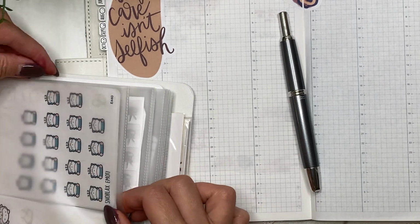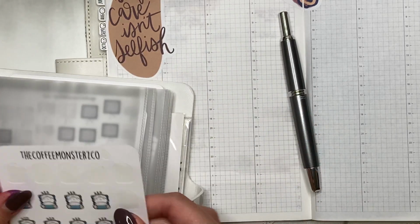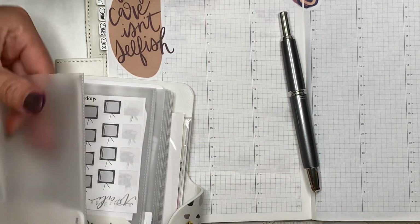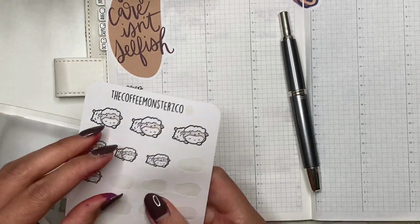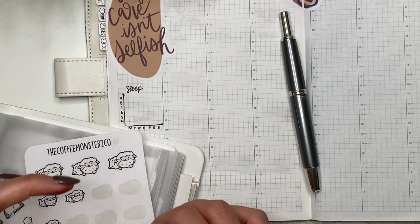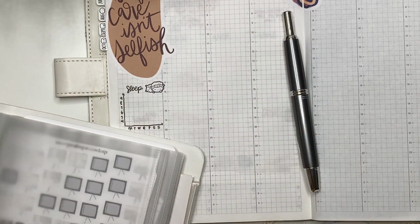Here we go. Do I want to use these ones? The blue doesn't match, but this one with the little lamb is really cute. So let's put that down here. Yes. And then